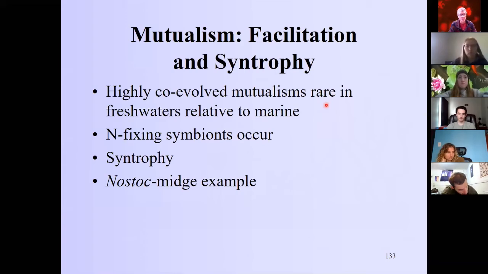Then we'll talk about mutualism, because we've got to go through all the different interactions. One point is that highly co-evolved mutualisms are relatively rare in freshwaters relative to marine. Some of the really spectacular examples of mutualism are found on coral reefs, for example, where you have cleaner fishes and corals, which are animals with endosymbiotic algae. But they do occur in freshwaters, and there are some, and we'll talk about them here,